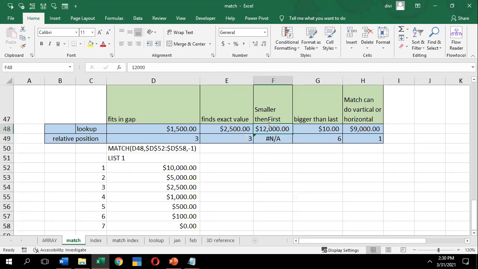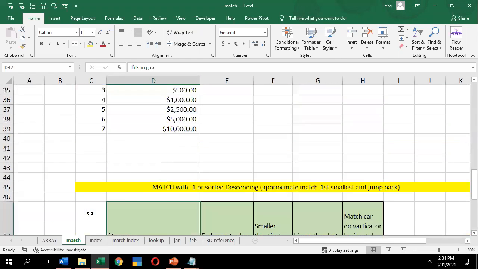If I ask for 9,000, it will present first place, because it's in the range of 10,000 to 5,000. And here you can see that 10 is showing in sixth place, because it's the nearest, 0 to 6. Is that clear? Anyone have a doubt with this?